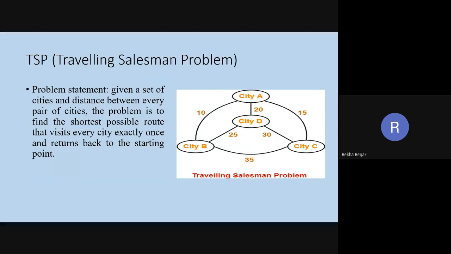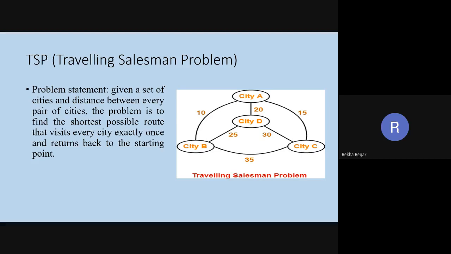Okay, so the traveling salesman simply means that you can see the image displayed in this slide. We have to cover all the vertices, which means all the cities or all the nodes. We have to visit each and every city, each and every node, only once, and we have to make the distance, the cost, the shortest.